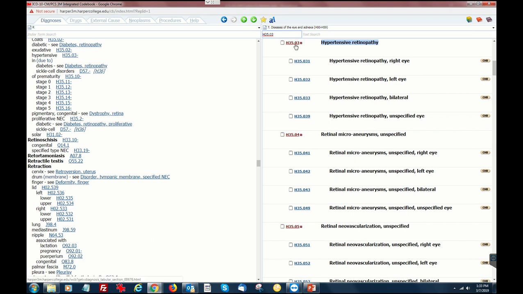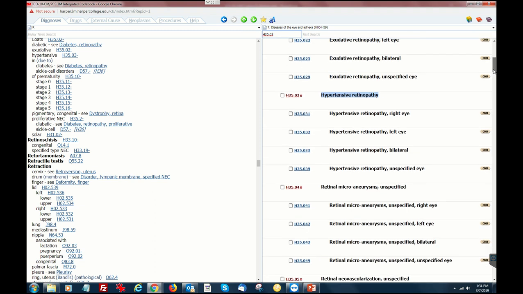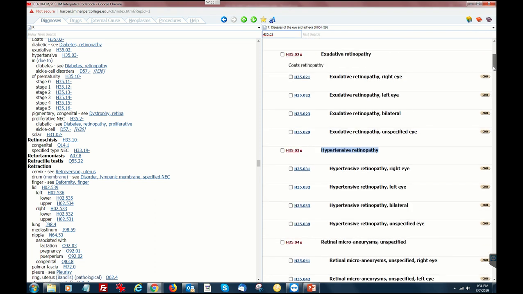And as you can see, .03 is not a complete code. You need to find laterality here. And now we have the right, the left, bilateral, unspecified in this category. Number 1 would be right eye. The scenario is for the right eye. So the first code is the H35.031. If we slide, remember, always want to slide back up and make sure that there are no other additional